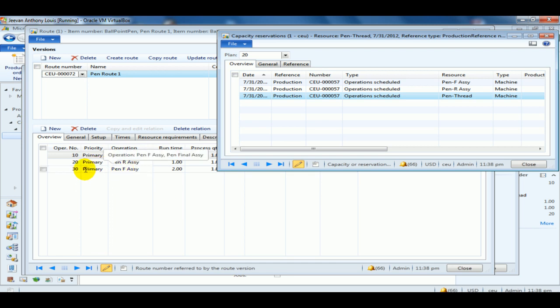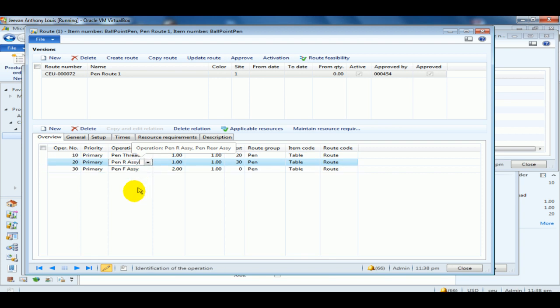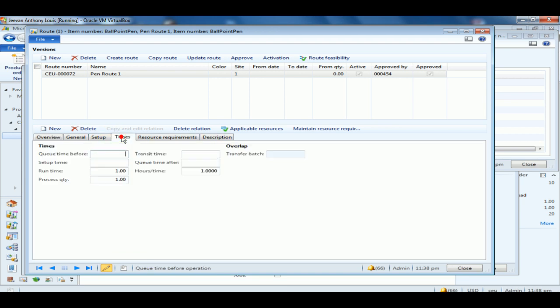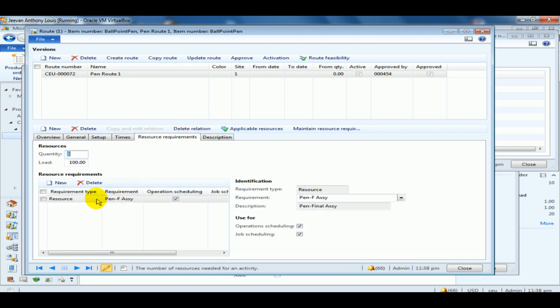So if you notice that we had the pen threading as the first operation, pen rear assembly as a second operation, and pen final assembly as a third operation in sequence. And for each of these operations, we had given as the runtime, that is 1 hour, 1 hour, and 2 hours respectively. And coming to the resource requirement, we had given it as type resource, and we had selected the resource